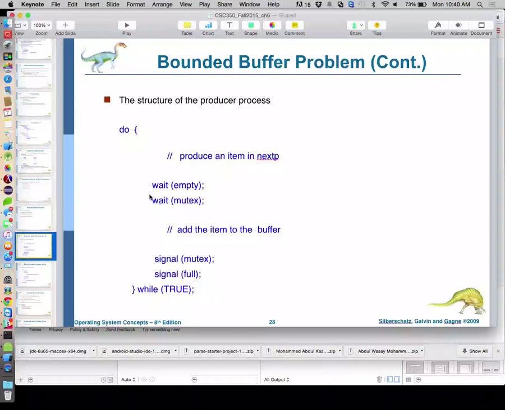It's no longer an available bucket to put something into. So that got decremented, but never got re-incremented. So now that 10 has become a 9. But the mutual exclusive